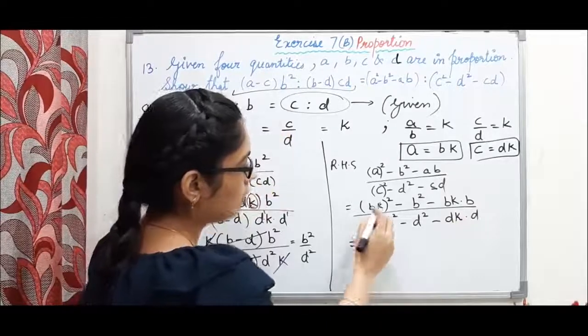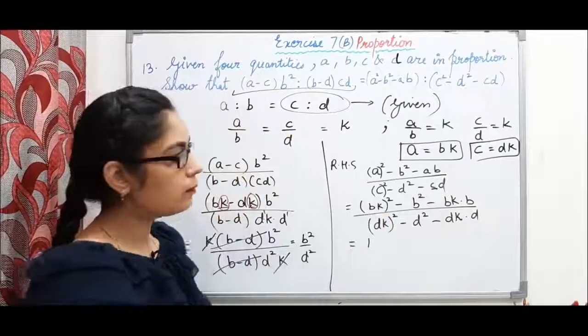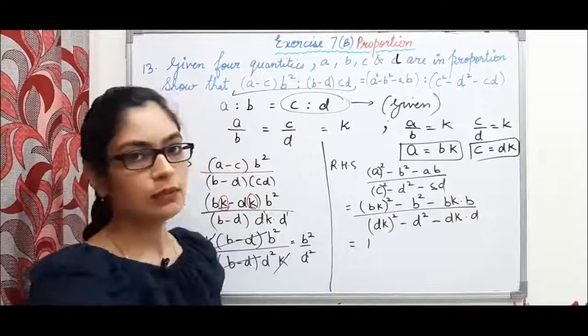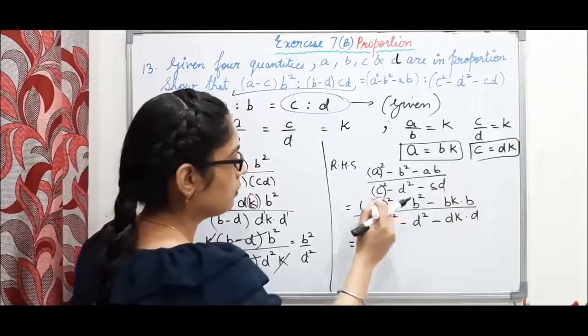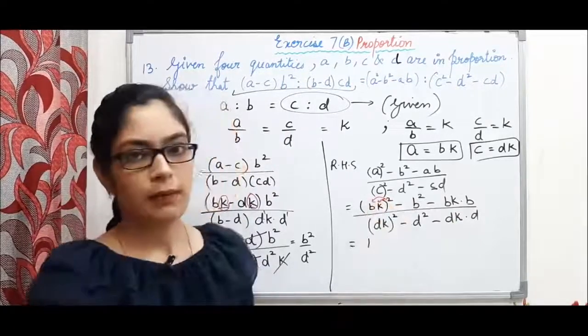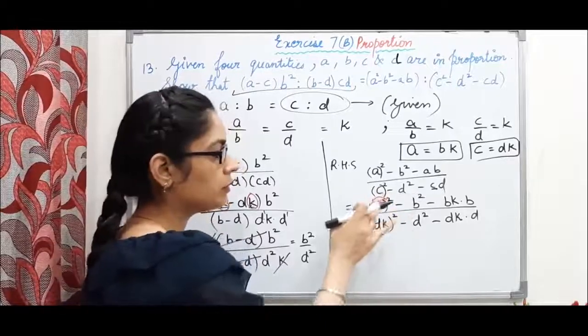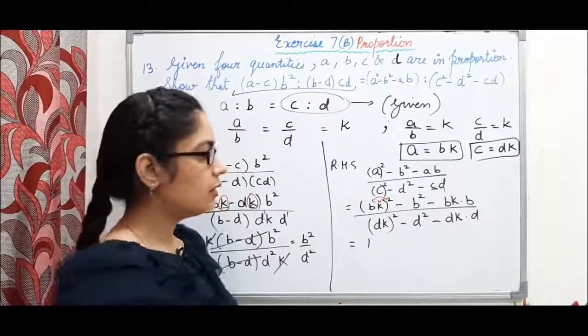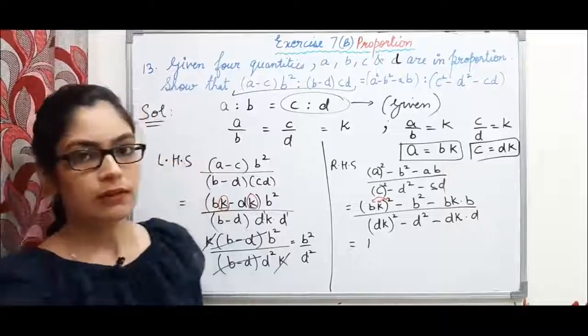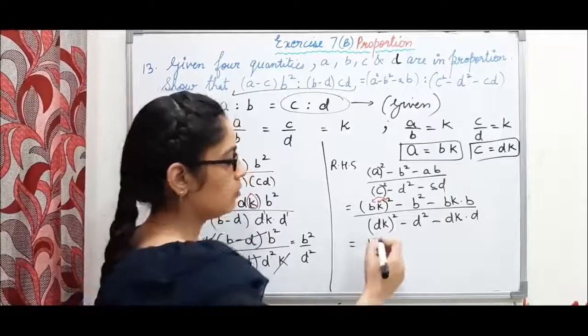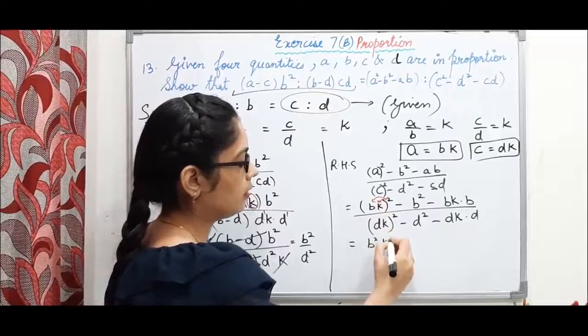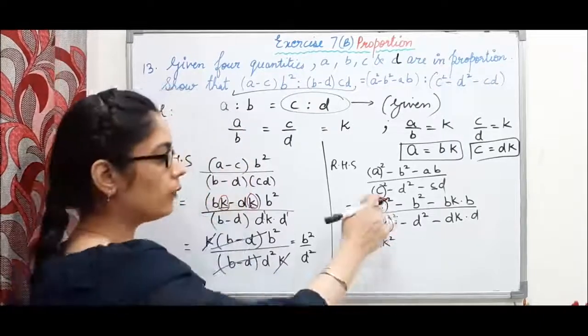So b, this whole square is there, that means this square is with b also and it is with k also. This is with both, because whenever bracket is there, that means that power is with both the numbers, and both numbers are getting multiplied. So here we can separately write the powers. So I can write it as b square k square, because square is with both,